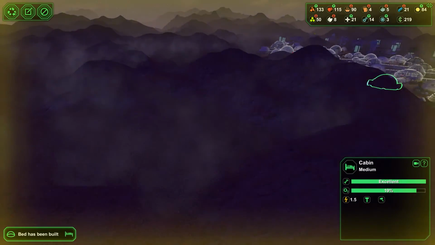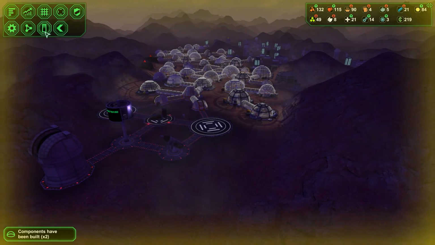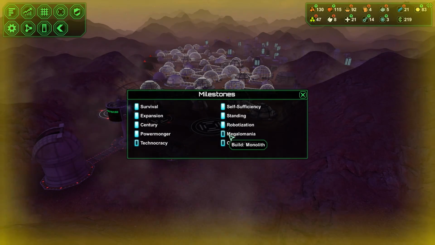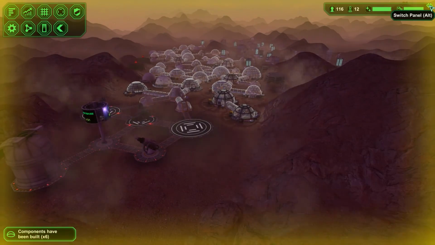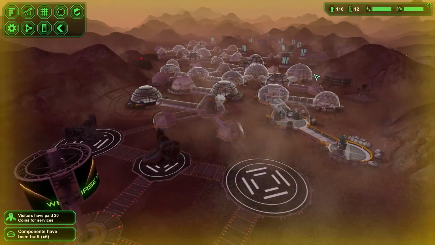But it does look like this is our space, as is. So, milestones. 8 techs. Well, I've picked up 3 or 4, so I can't need many more. Building monolith, reach population of 300. Well, a third of the way to that, so...